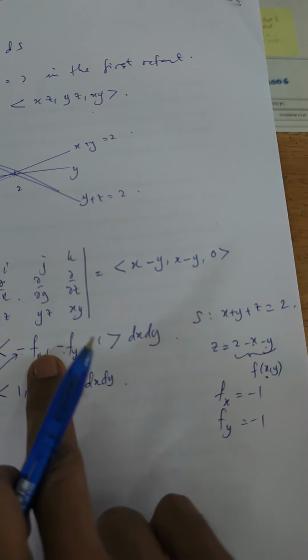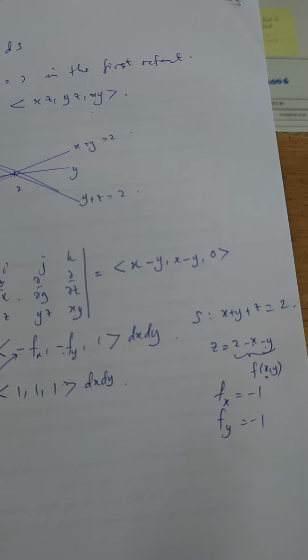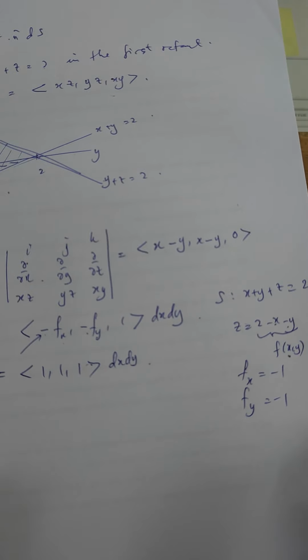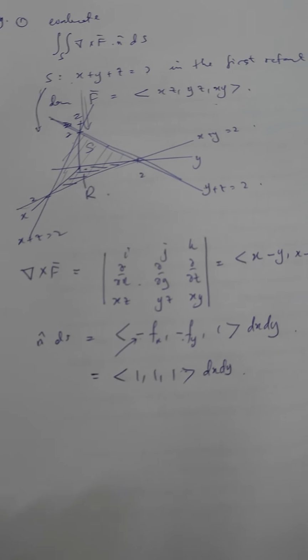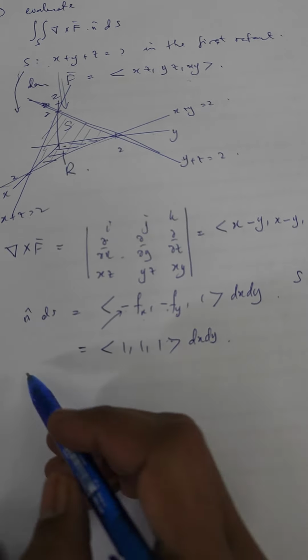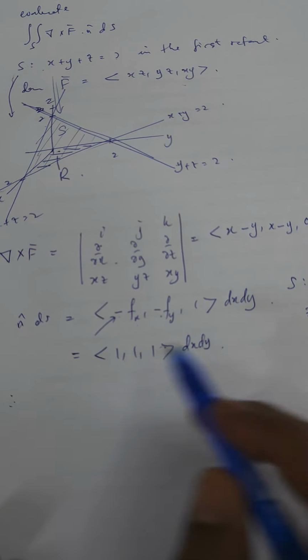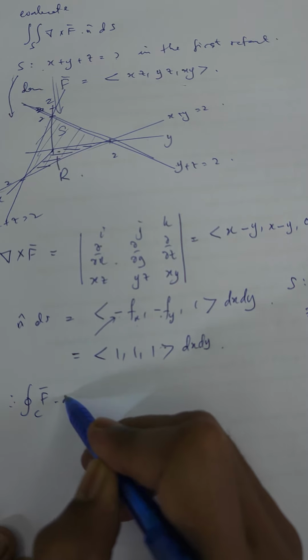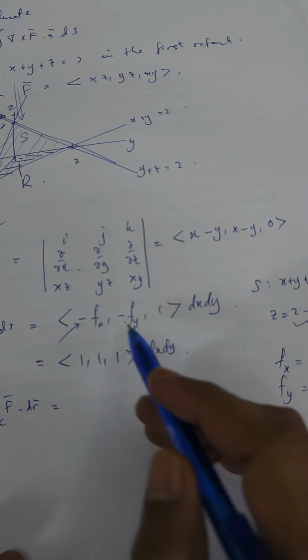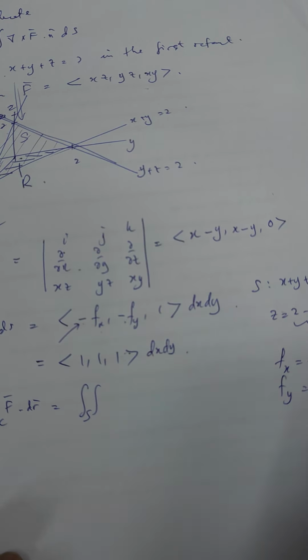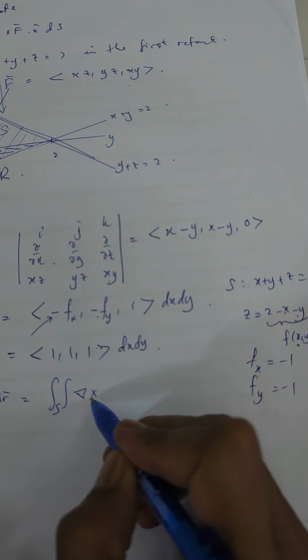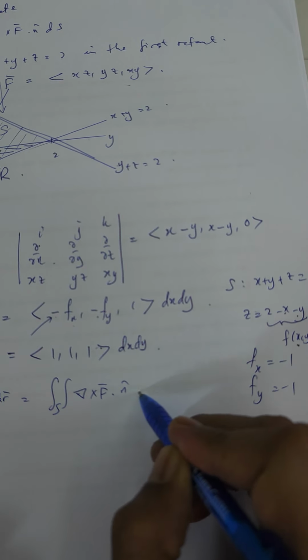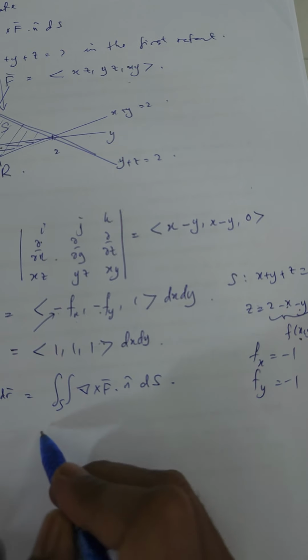You substitute there, we have negative, negative, that gives you positive. Okay, so therefore we have to integrate over C, F dot dr. That gives us, we integrate over S, curl F dot n dS. That gives us